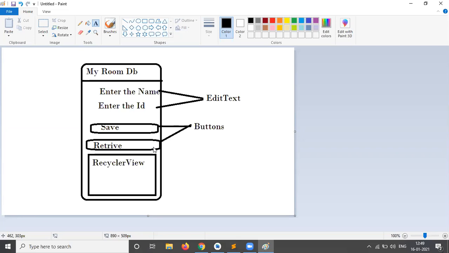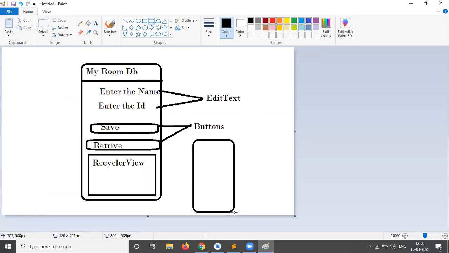Right, 1 more minute. After save and retrieve are completed, we will do one more screen.